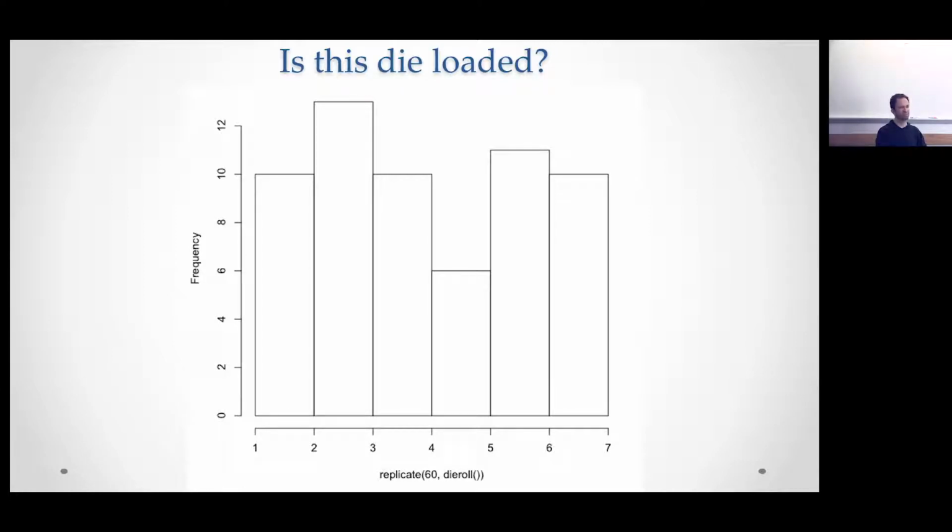There are a lot of different versions of this question. One of the most famous ones, which was proposed by a statistician named Fisher, is called the lady tasting tea problem. And the problem is this. Any Brits among us? No, okay. Apparently Brits feel very strongly about the order in which you put the tea and the milk, and I can't remember if it's milk before tea or tea before milk. But let's say you prepare a bunch of cups of tea, half of which have tea before milk and half of which have milk before tea. And then you bring in